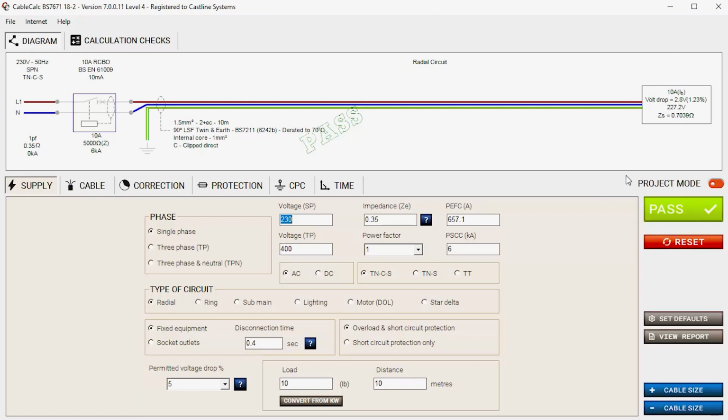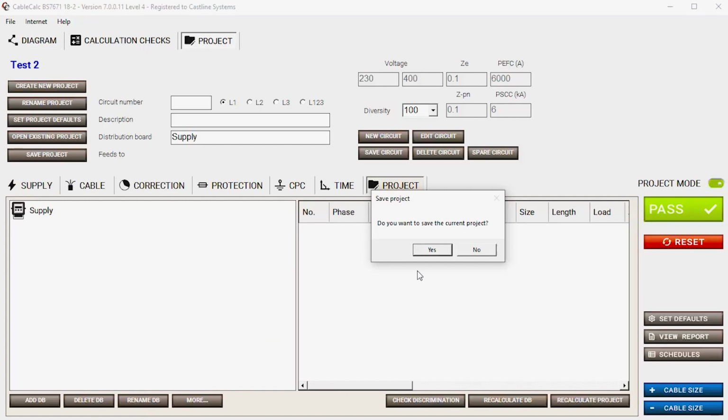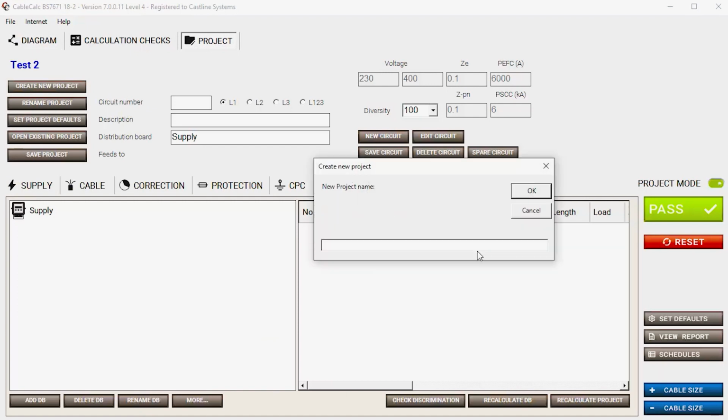do is to make sure that you are in project mode by toggling the project mode switch here to green. We'll then go to the project tab and we will click create a new project. If you've already got a project open, then it will prompt you to save it first. So I'm just going to call my project test project,